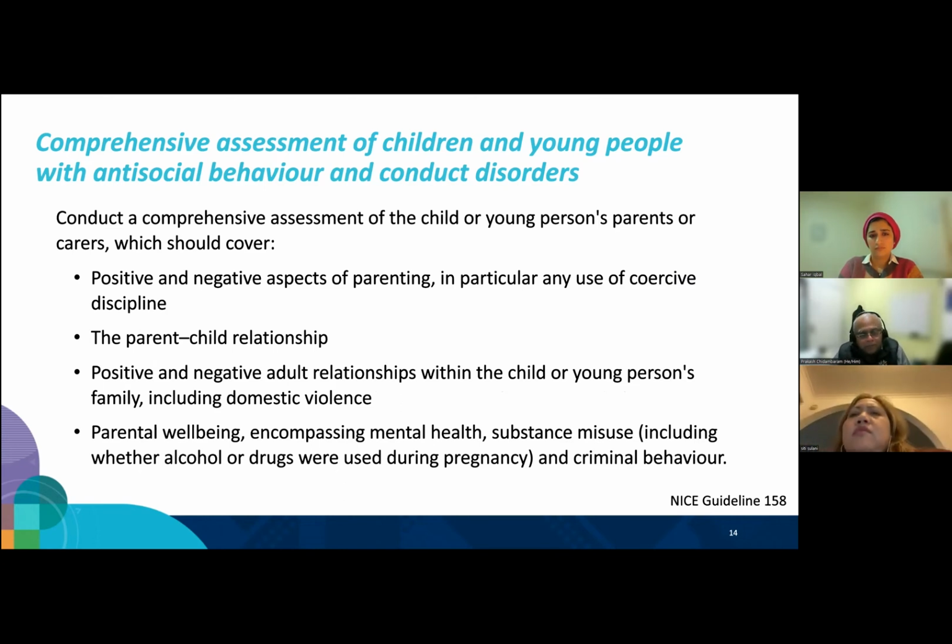A comprehensive assessment of the child or the young person will also cover positive and negative aspects of the parenting process of the parents, and it's probably useful at this point to try to understand the experience of the parents of being parented by their parents. So what has been their parenting experience, and how has that influenced the way they have parented the child? Also, other adult relationships, positive and negative other relationships that the child has had with other adults, parental well-being, including mental health, substance use, and criminal behavior in the parents. It's quite important. A history of depression, a history of substance misuse, a history of criminal behavior in one of the parents or both parents is significantly associated with criminal behavior and aggression in the